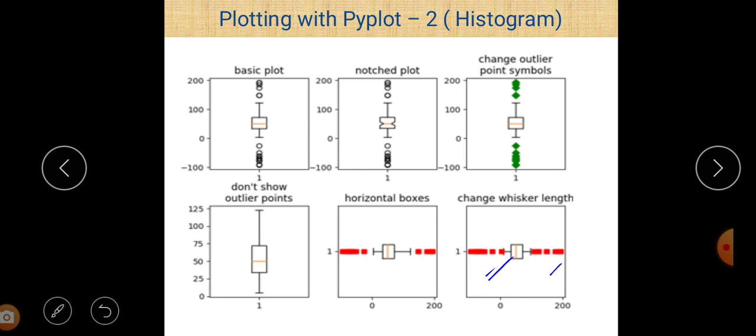These are the different types of representation of a box plot. Now I think the concept is very clear to all of you, how to represent a box plot and what the different types of representations are. So this is a notched representation, and this is a simple box plot.